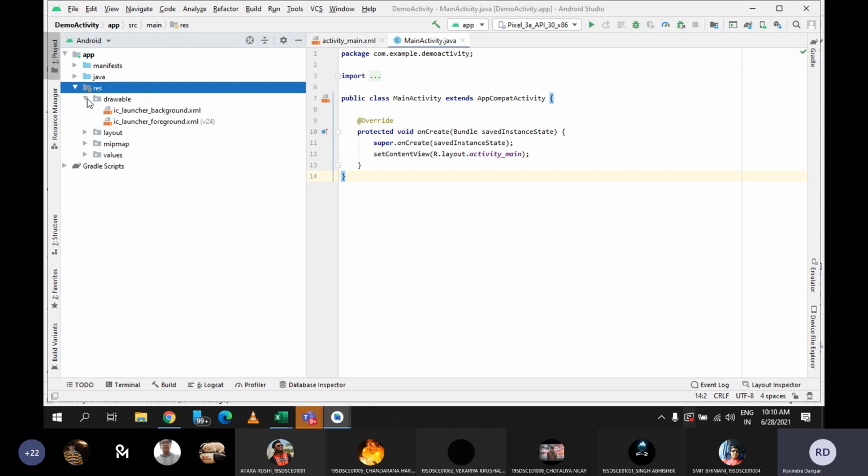See, drawable folder is very important whenever in your application you want certain videos or images or audios, whatever you want to display in your application. Then for that, drawable folder is playing a very vital role. Whatever image you want to display in your application, you need to place all the images in the drawable folder.